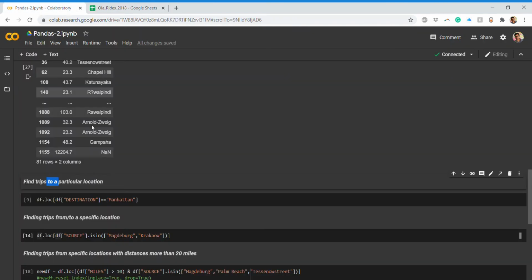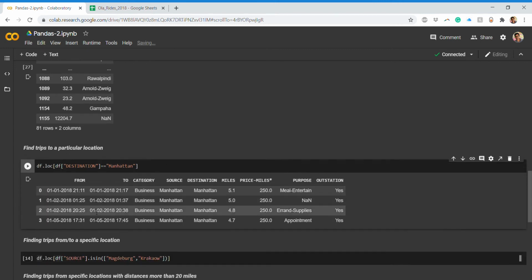Just keep in mind that these things matter very much, like what the customer wants, to or from a particular location. So my destination would be Manhattan, and the condition will be applied on this destination. If I run this, I get all the destinations with Manhattan. So this is the source as well as the destination column that satisfies this.